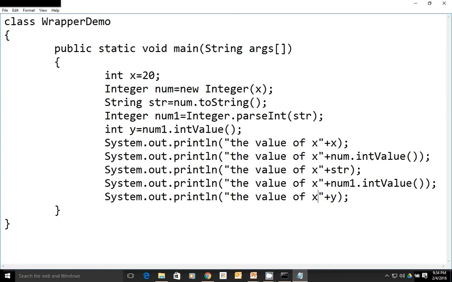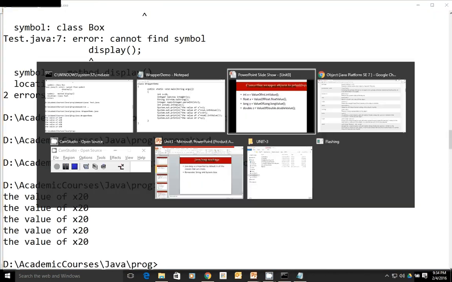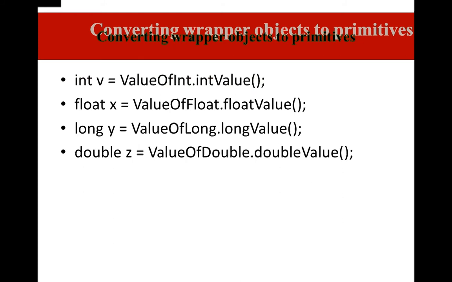Okay, here is an example which demonstrates how to convert an integer primitive type into integer object to string object, again string object back to integer object to an integer primitive type. In the same way, you can work with float, byte, short, double, whatever data type you want to work with. Only thing is you should know how to convert from one type to other type. Here in this presentation we talk about the same.